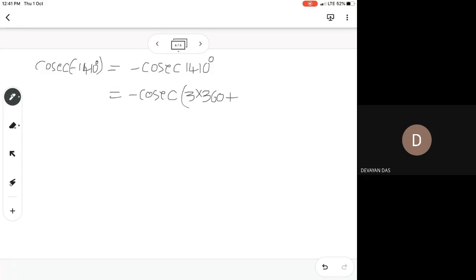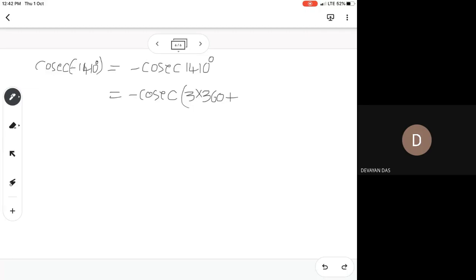This process is a little lengthy if you are doing it like this. Can you hear me? Yes, sir. So 3 into 360 will be, sir, 1080. Suppose if you are taking 3 into 360, instead of taking 3 into 360, take 4 into 360. If you take 4 into 360, it is going more than that number, you are getting 1440. Did you get my point? It's becoming too much. So better you take the 3 into 360 only.